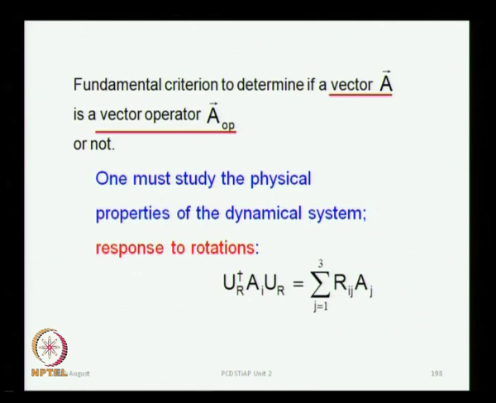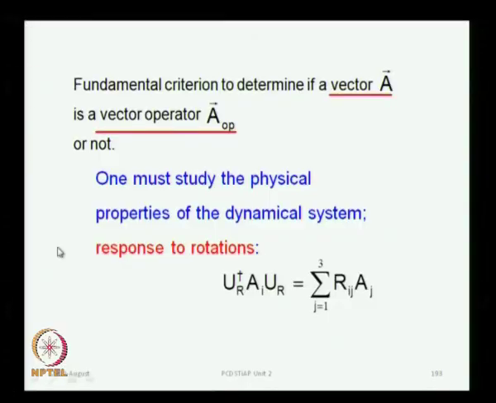For a vector A to be treated as a vector operator, it must subscribe to the properties of vector operators. It is not enough that it satisfies just the vector algebra, but it has to satisfy the algebra of the vector operators, and we know they transform under rotations according to this rule,